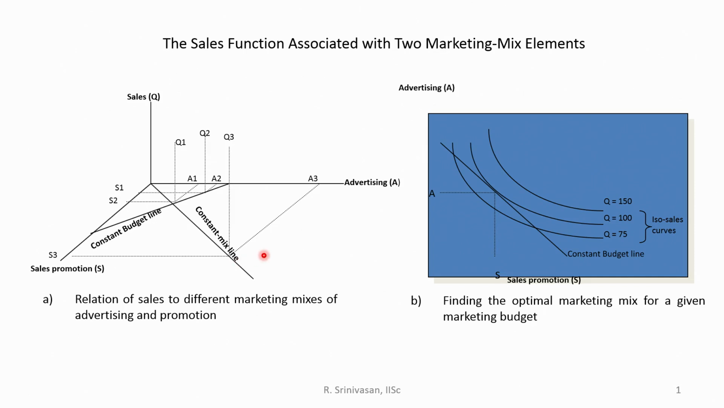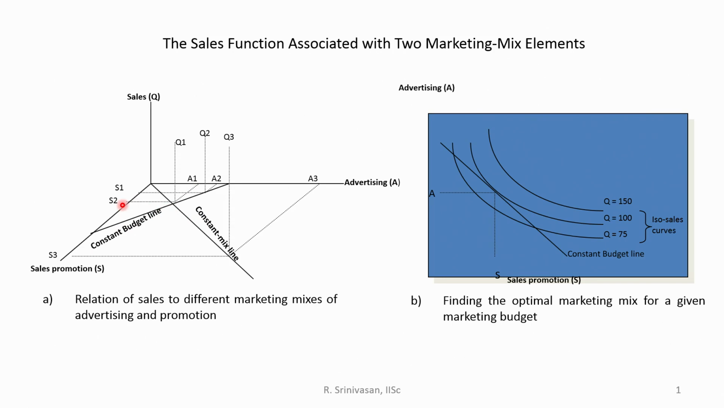The graph here is an isometric view. If you see, there is a constant mix line, there is a constant budget line. What does it indicate? Suppose the budget you are asked to keep constant, that is, you cannot vary the budget. Then what can you do as a marketing manager? You can start in this constant budget to adjust the amount spent on advertising and the amount spent on sales